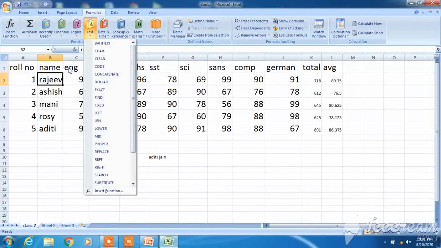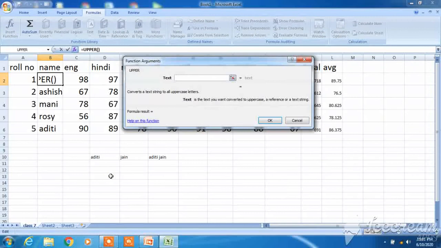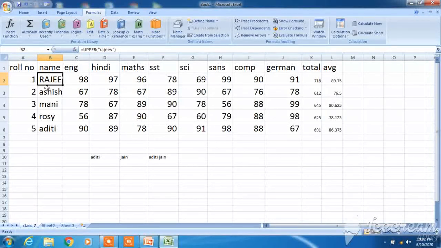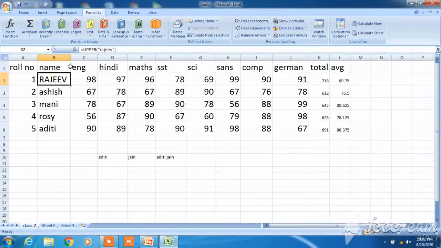First we have to select the text, then the Upper option will be there. Click on Upper, type the text and click Enter. It has converted into upper case, meaning capital letters. Have you seen how the Upper function works?